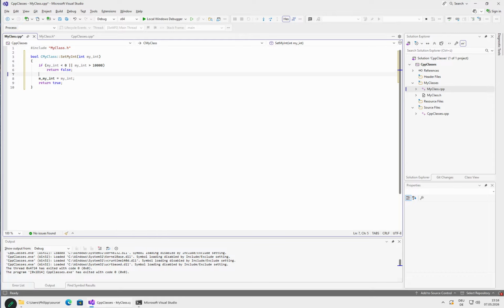So we could have, for example, a function here which takes some value that you want to be set as my int internally, and it will enforce that the value must be 0 or more and less or equal to 10,000, and if it is not, then it will even give you indication with the return value whether it has performed the operation and set the variable, or whether it has bugged out because the provided argument was invalid. And of course you could also use, for example, an integer as a return value,